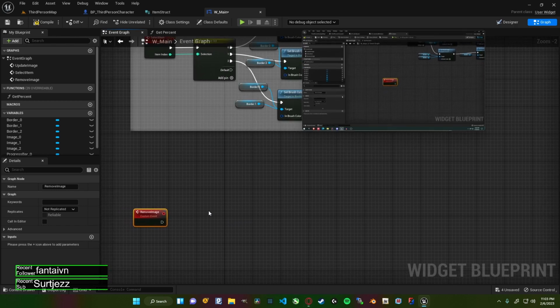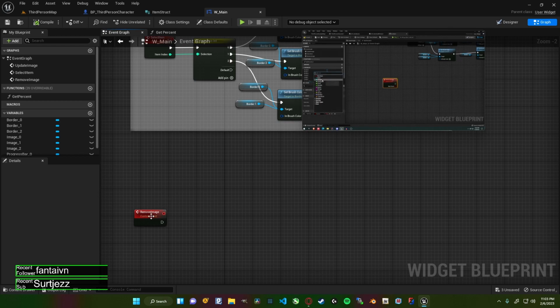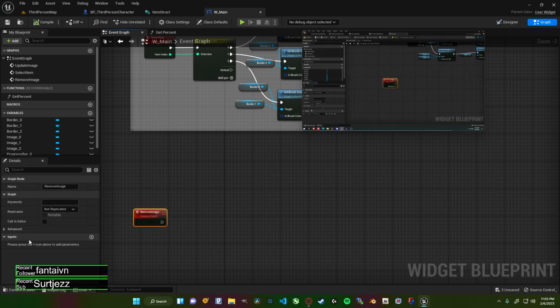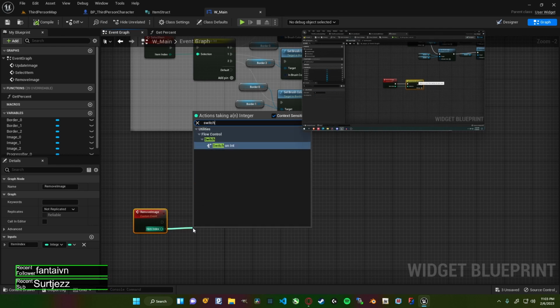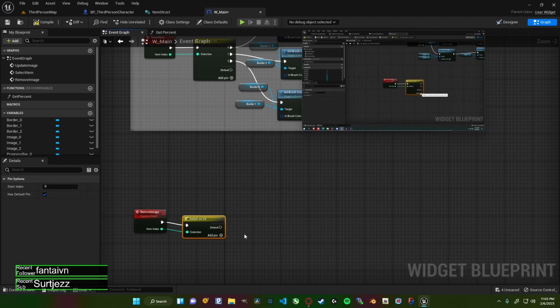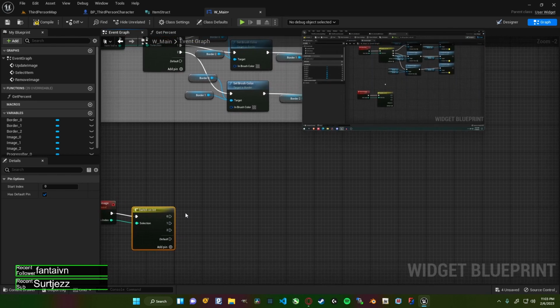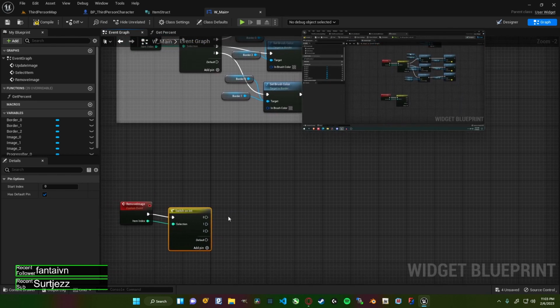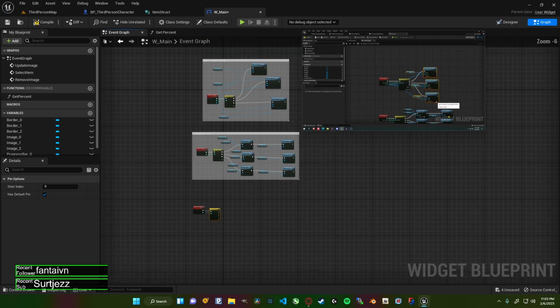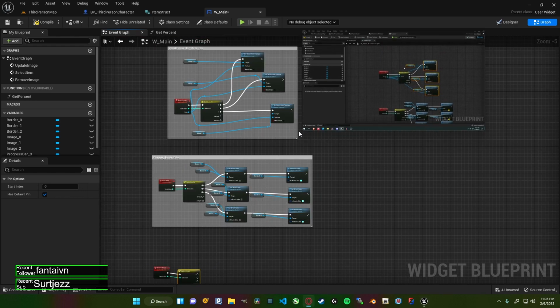Okay. So here we'll add another input of the type integer and name this item index. Compile, save that. Then we'll do a switch on integer and add 3 indexes like we did before. Okay. And basically for remove image, all we want to do is copy paste these, set brush